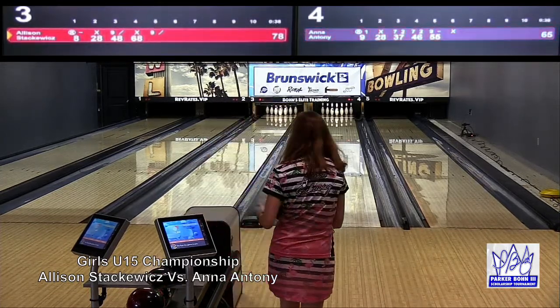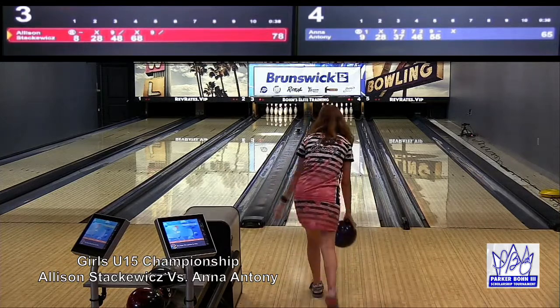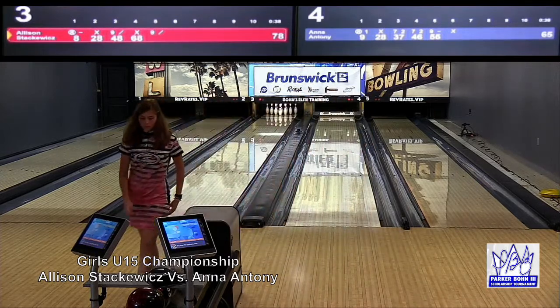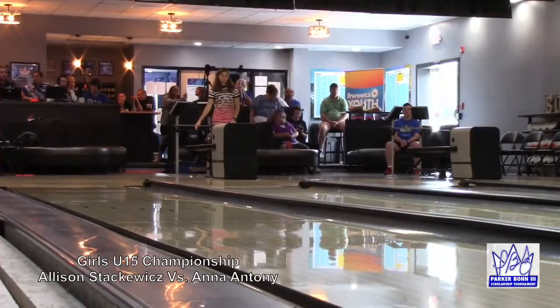And I think it's important to look at how these girls got here. So in the first round, Anna actually defeated Allison 337 to 334. Another great shot from Allison on lane 4. Allison is putting the heat down here. Yep. She bowled 215, like I just mentioned, the second game of her last match, bowled 377, and